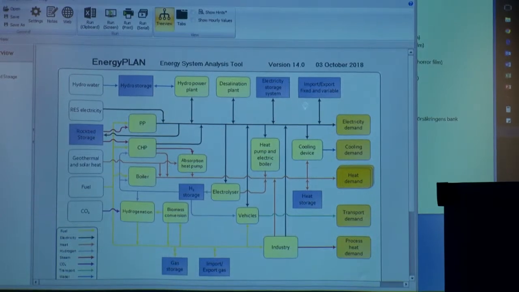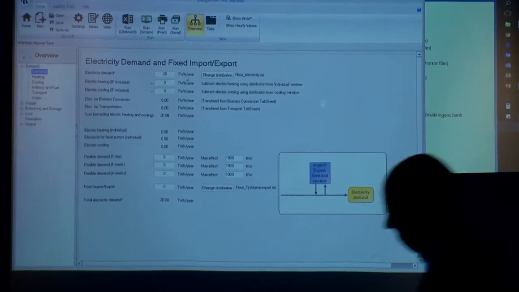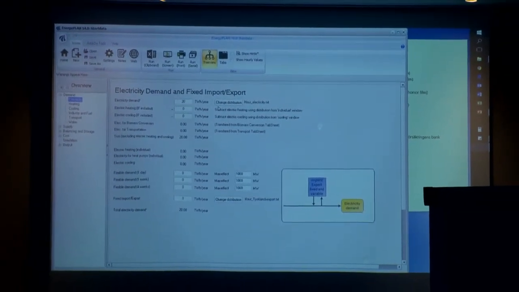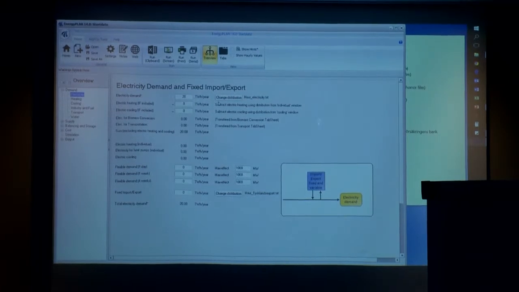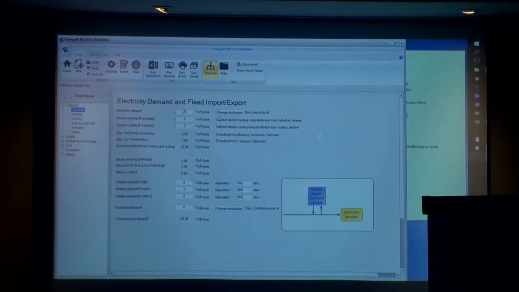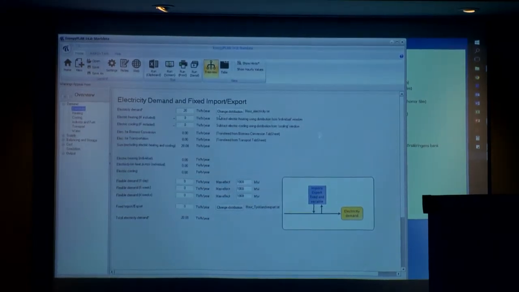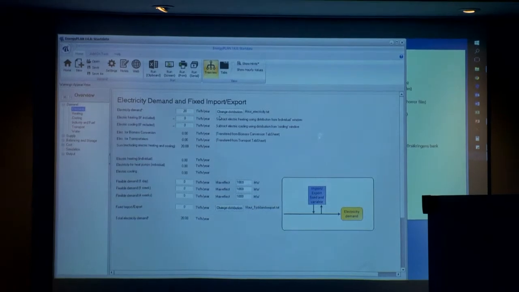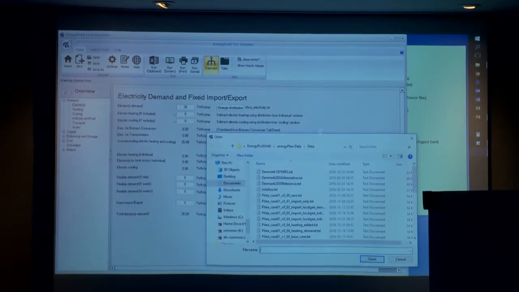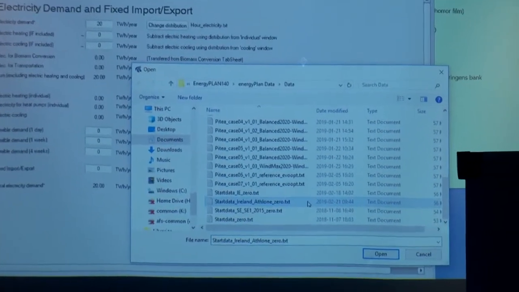And when you just open demand electricity, you will find some data already preset, which we don't really need because it's an example of one of the exercises. So one possibility is to go through and set zeros everywhere, but I have done this work for you, and now you can go into open and find your start data, Ireland, Athlon 0,